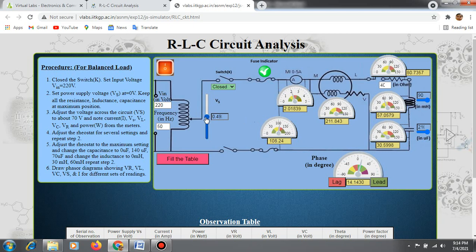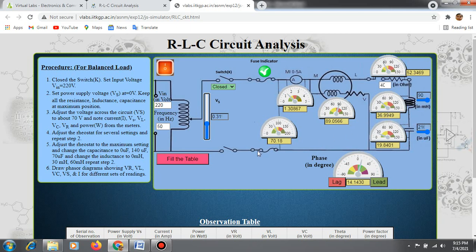You just decrease this value and check whether 70 volt is obtained. Yes, now we have set the value to approximately 70.18. Now we have to note the current in this ammeter, and the voltages across the resistor, inductor and capacitor are noted in these voltmeters.